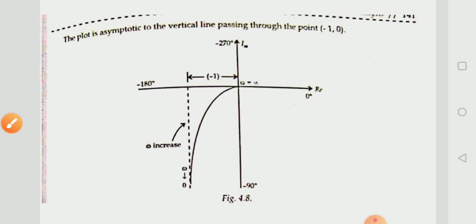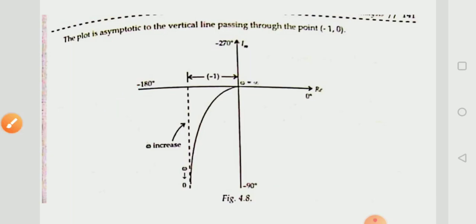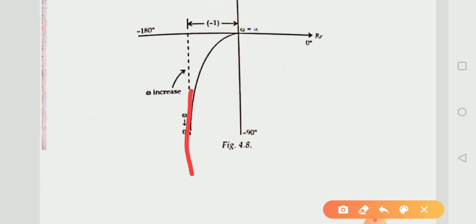So how do we make this graph? It is minus 90 degree and it is minus 180 degree. So for minus 90 degree the value of omega is infinite, so we make this graph like this because we don't know where it cuts the imaginary axis, so we make it like this. At infinity it can touch this axis. Okay, and for minus 180 degree, omega tends to infinity, it is 0, so we make that. This is our polar plot for this system.